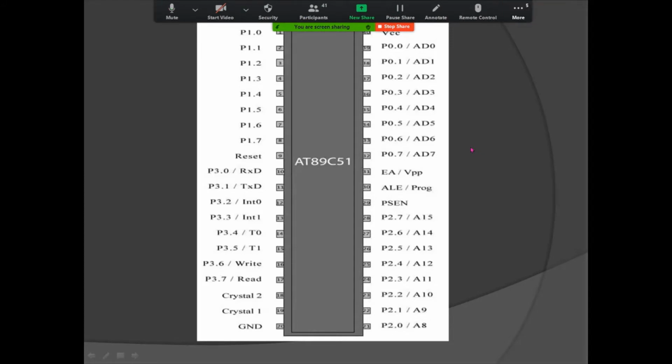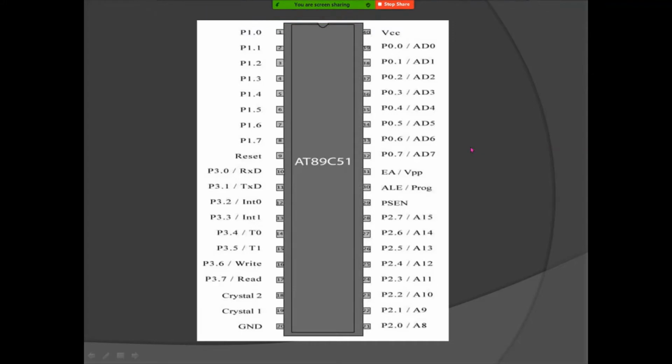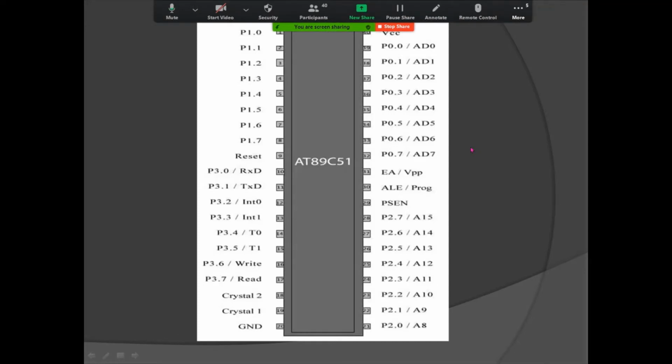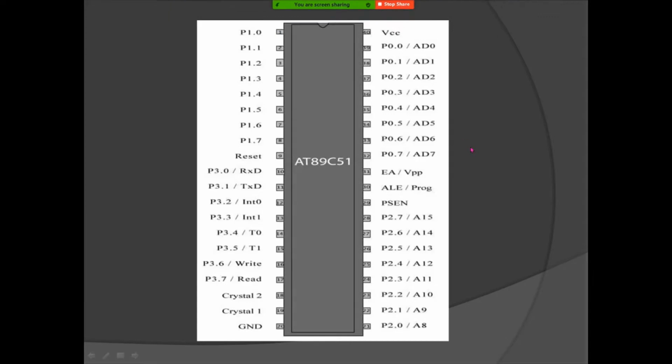So any IC or controller having C51, in clear words, having the 8051 ALU, arithmetical logical unit, can be used instead of this 89C51. Since this 89C51 is developed by Atmel and is easily available in the market, we'll be using this one in all the simulations.